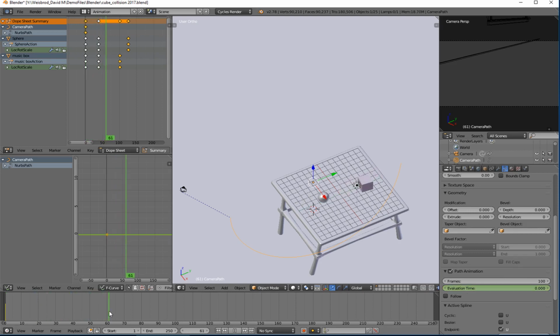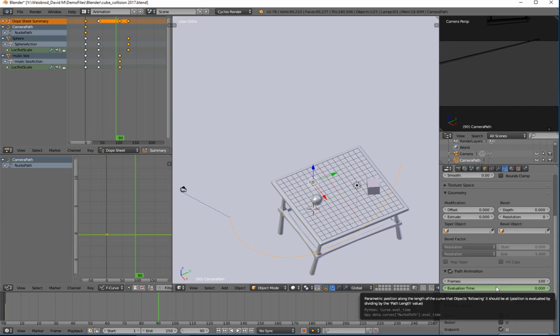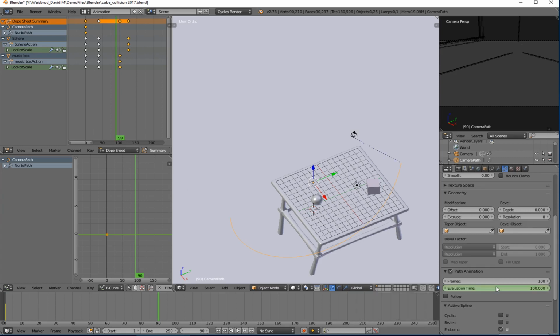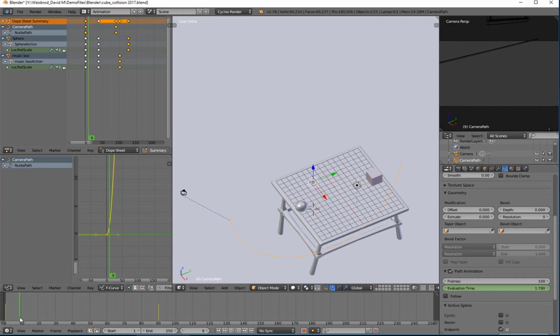So I'm going to go along here, and let's say I want it to finish the animation right about the time that the collision is finished here. So that's roughly 90 frames. That's 3 seconds. That's actually pretty short, but we'll go there. So now I'm going to take my evaluation time and I'll put it at 100. And you'll see the camera moved, and notice that the dotted line is here at the end of the path. Now the evaluation time is set to green, which indicates that I do not have a keyframe yet. So I'm going to hover over the evaluation time, hit I, and now we've animated with keyframes the camera's